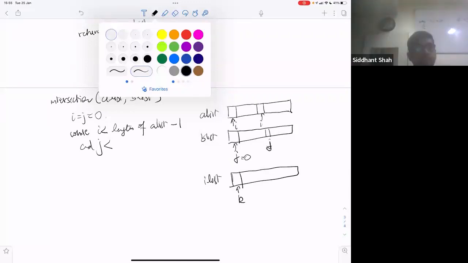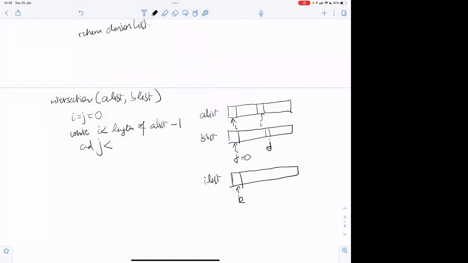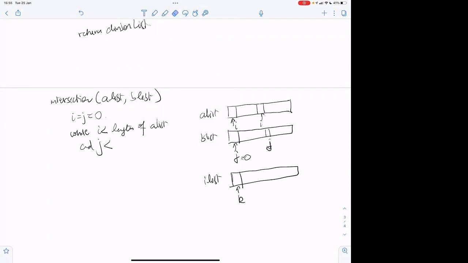So meaning... Excuse me, sir. Shouldn't it be length of A list, not minus 1, because you've taken the less than sign? That's also true. That's a good point. Yeah. So while I is less than length of A list and J is less than length of B list, correct? The same way, correct?